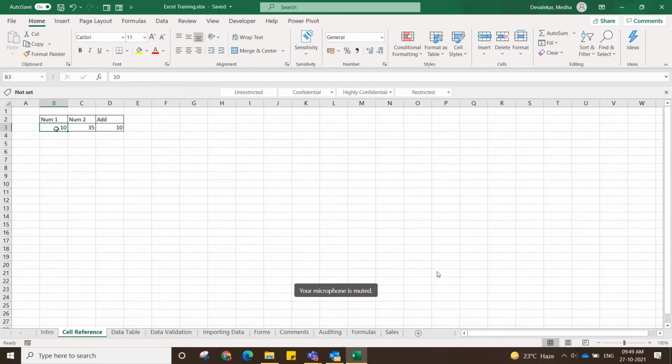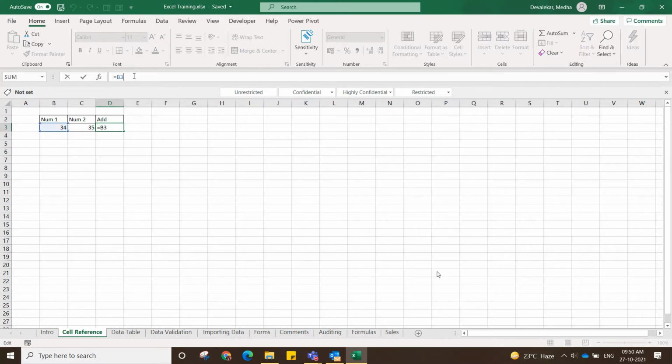Now if I change the value of B3, I write 34. Here you can see the value of this cell automatically changed because we changed this. Now this is what we call a relative cell reference. The B3 we have written is a relative cell reference.